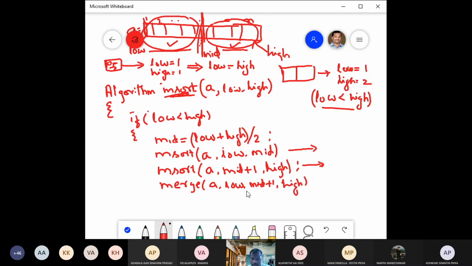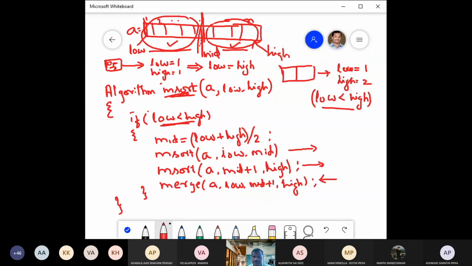So we pass the parameters: A, low, mid plus 1, high. What is the result of this merge function? It will merge the two sorted lists into a single sorted list, right? So all these steps are applied if and only if your array contains at least two elements.